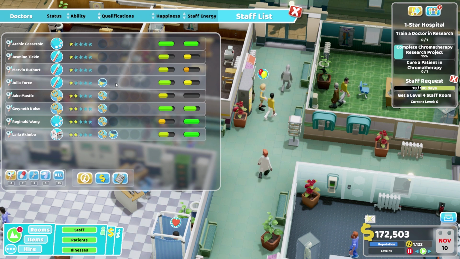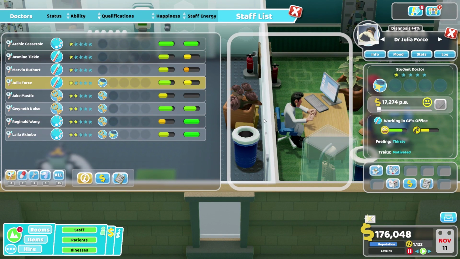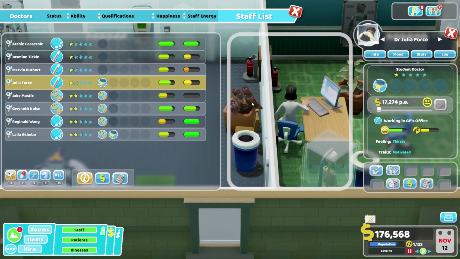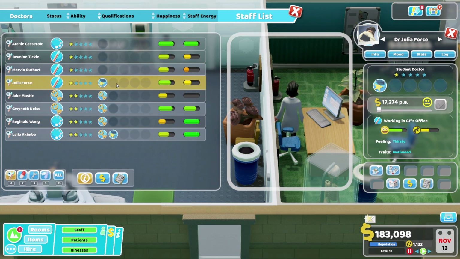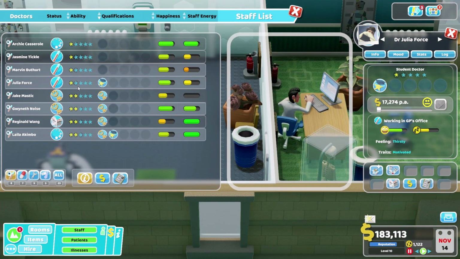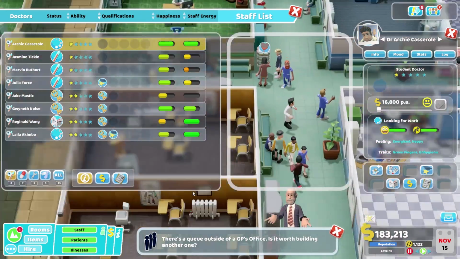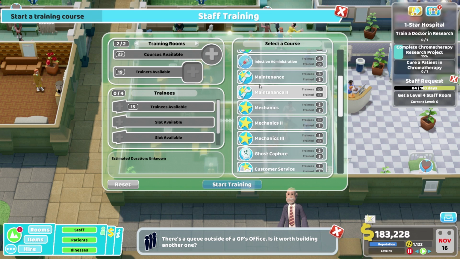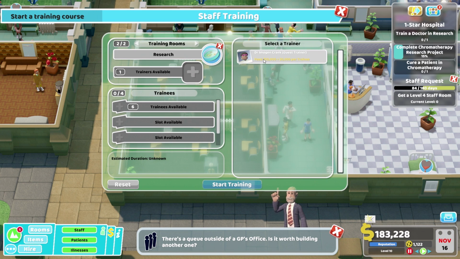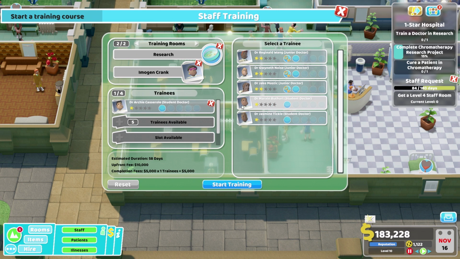Now, what we could do here then is train Julia Force in research, maybe? Yeah, okay. Oh, actually, no, you haven't got that yet. Sorry. Feed the ghosts. They're dead. Thank you. Well, what we could do then is maybe just go purely for just 2 research staff. So let's grab research, and we'll just have you guys only do research. So I'll grab you and...